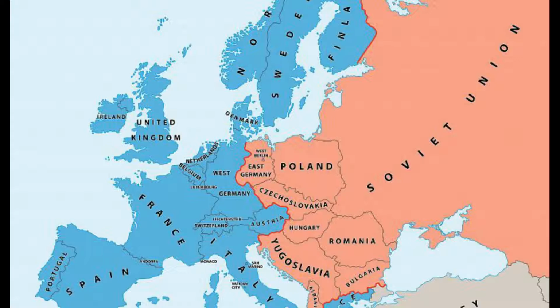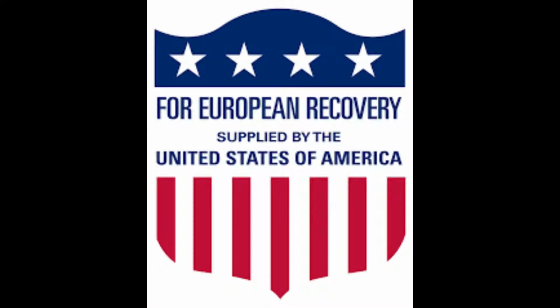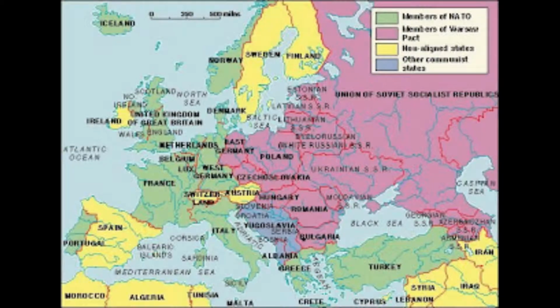This occupation, which was supposed to be temporary, ended up creating a full split. Germany, as well as Berlin, was split into East and West counterparts. The US provided money to a war-torn Western Europe through the Marshall Plan, eventually creating a post-war economic miracle. They also created a geopolitical alliance in the form of NATO. The Soviets would create their own counterpart with the Warsaw Pact.